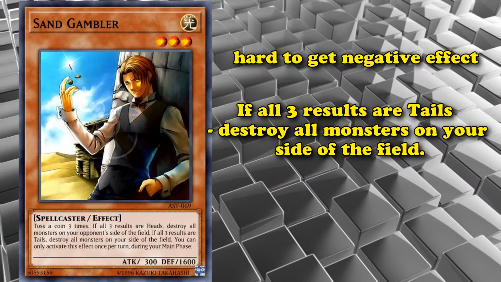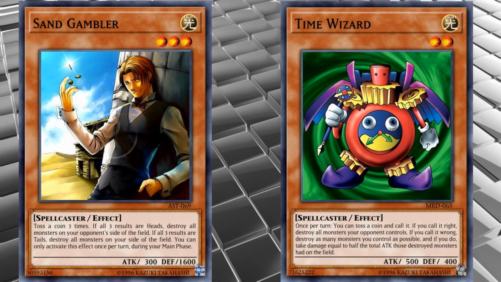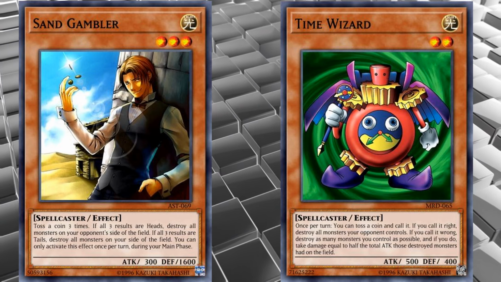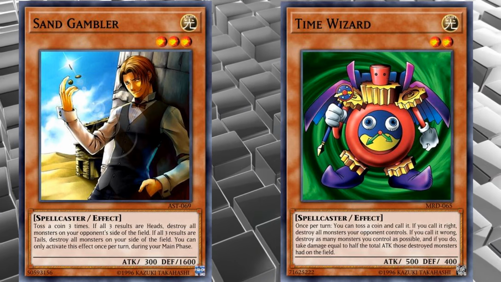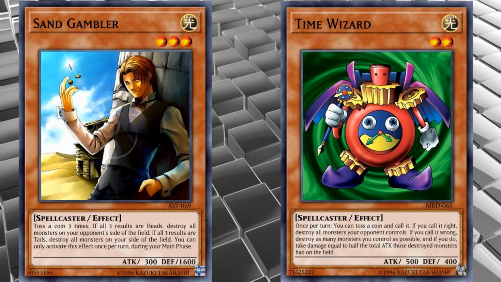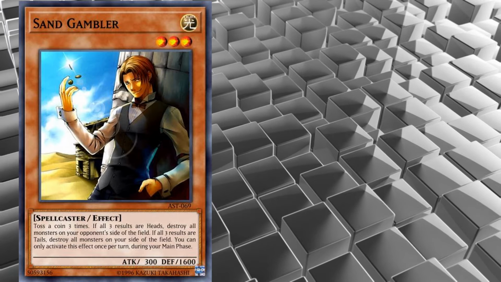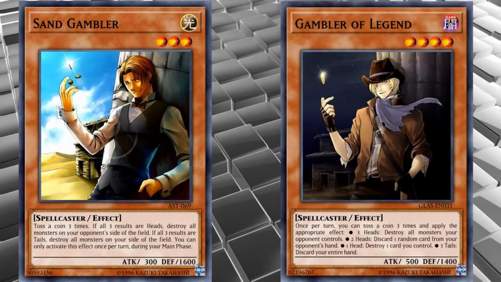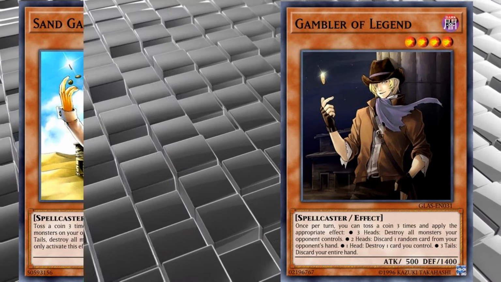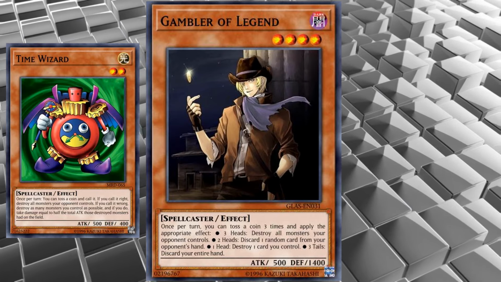And this card even has less attack than Time Wizard, which just kind of makes this card unplayable. If they had given this card a normal stat line with this effect, it probably wouldn't be half bad. But the fact that they give it absolutely terrible stats on top of a terrible effect makes this card kind of bad, which is why they did release a better version of this card called the Gambler of Legend later on in the game's history, where it does have more attack in the form of the exact same attack as Time Wizard, which was also really weak, but its effect is a little bit better,